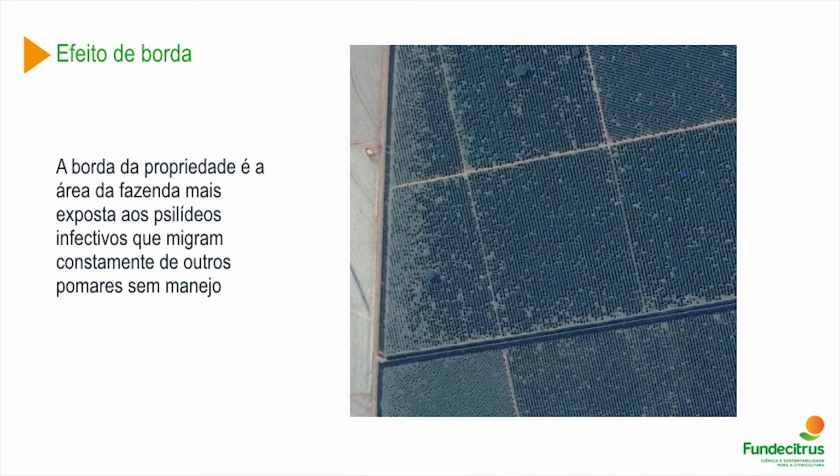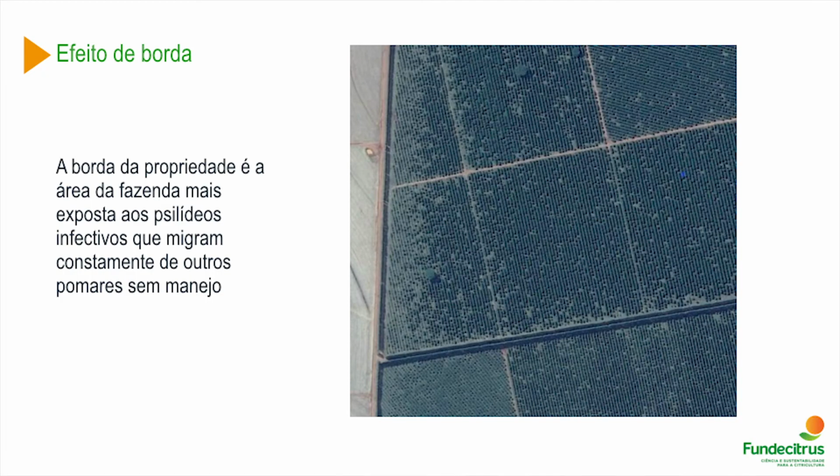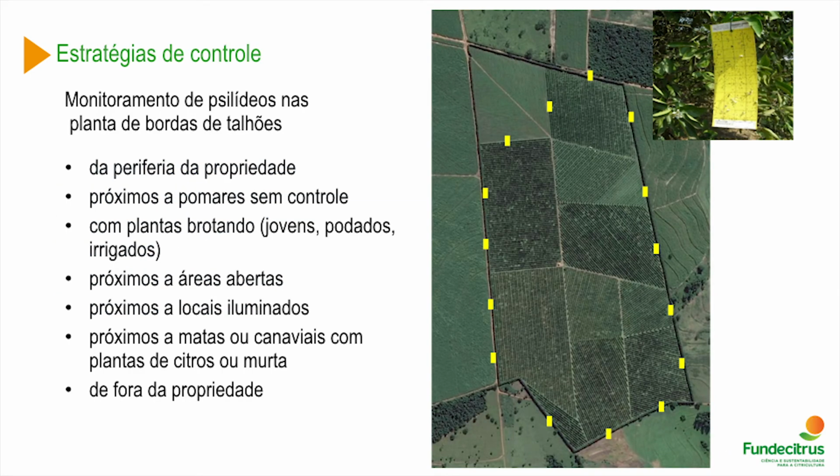So that shows us that the border of the farm, the boundary, is the area in the farm that is most exposed to psyllids that will migrate from groves where there is no management, where these psyllids are created, or backyards or ill-managed groves. So this is the most exposed area. Because of that,